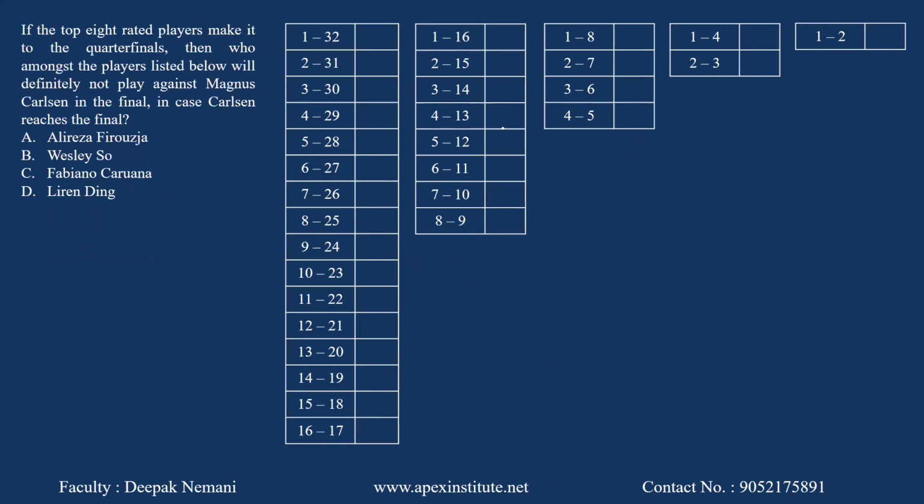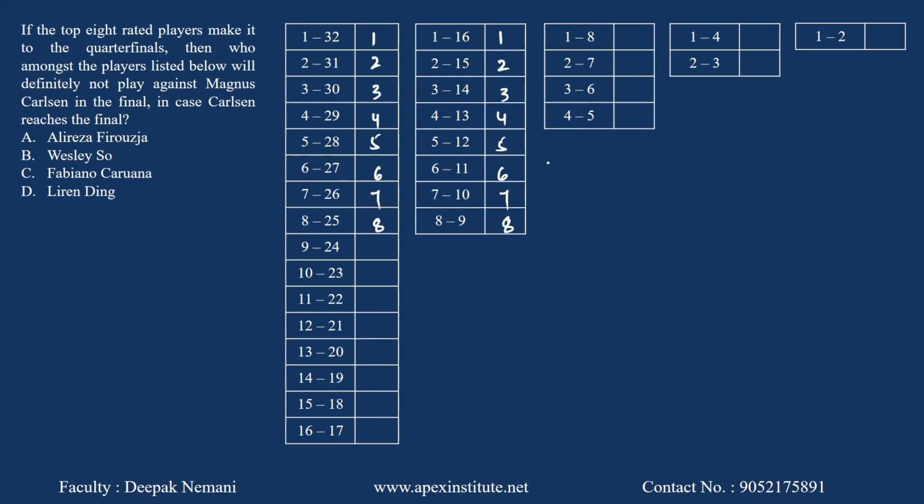Now, if the top 8 ranked players make it to quarterfinals, top 8, so 1, 2, 3, 4, 5, 6, 7, 8. So here you have 1, 2, 3, 4, 5, 6, 7, 8. So this is a match between Magnus Carlsen and the player with rank 8, rank 2 and rank 7, rank 3 and rank 6, rank 4 and rank 5. Perfect. Then who among the players listed below will Magnus Carlsen definitely not play against